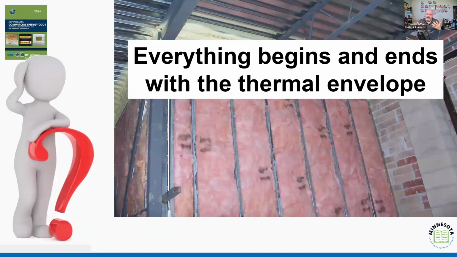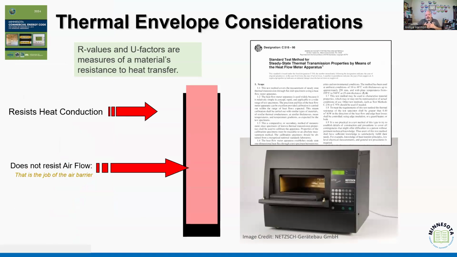Now, everything that we've talked about, we always hear that everything begins and ends with the thermal envelope, right? And that's really because it's not just the first line of defense, right? That thermal envelope resists the heat transfer, but it also is verifying how it not only resists thermal conduction, but how it controls airflow, right? If we're thinking about thermal loss, we've heated up the interior space for a school building to the required temperature. How long before that system has to turn back on because we have uncontrolled heat loss?